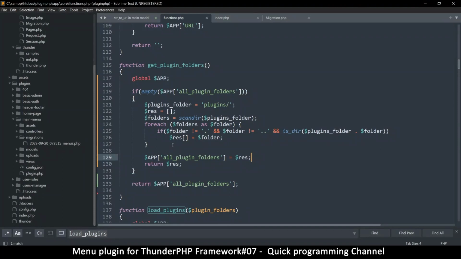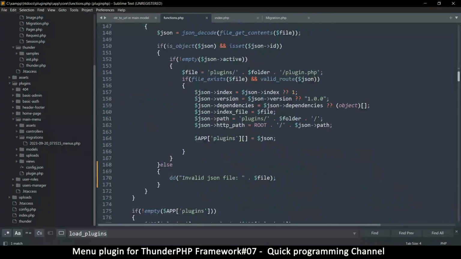All right. So what will happen is the first time, obviously, we run this function, this will be empty. So it will run through here and grab all the folders. And then once it's done, the result we're going to add to this and then return that result. That way we never get here. But on the second trip that we come here, this will not be empty. It will have all the names of the folders already, and so we will go straight into returning that same value. This makes this function more efficient because we're going to only read once per request on the hard drive. Okay, so that gets that out of the way, but there's now the question of